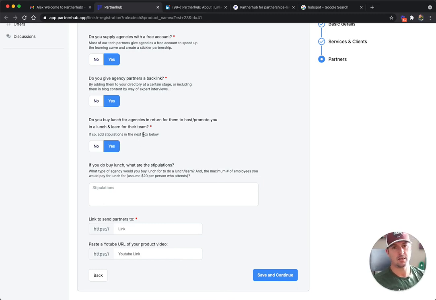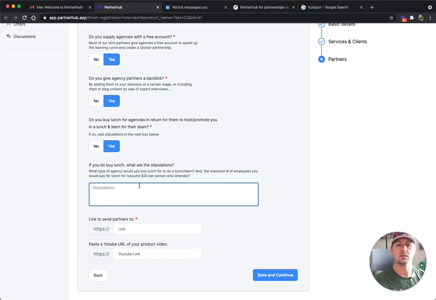This is a great way to meet new agencies. Offer to buy lunch. Put some stipulations down here. You do get the chance to put stipulations. You can say, we only pay for lunch for up to 3 people in lunch and learns. But lunch and learns are a great way for you to infiltrate all departments at once. You present your partner program and the partner track to CEO, sales, marketing, and even partnerships. So highly suggest there. Put some stipulations. Link to send partners,